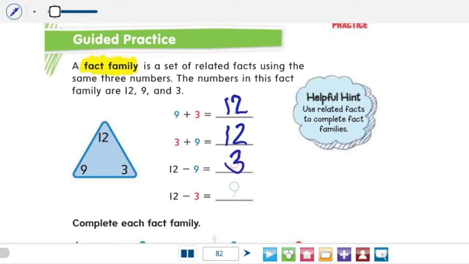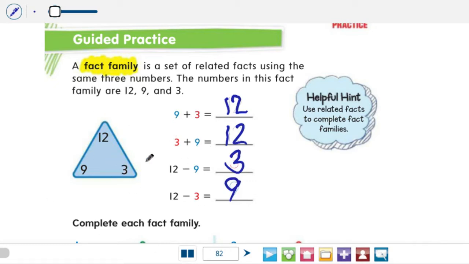Well, let's try our other subtraction problem. So now I have 12. I'm going to slide down the other side of my triangle. So 12 minus 3 equals, and I haven't used that 9, so I need to put my 9 in this one. All right, fact families are super helpful for us as we're working on our addition and subtraction problems,